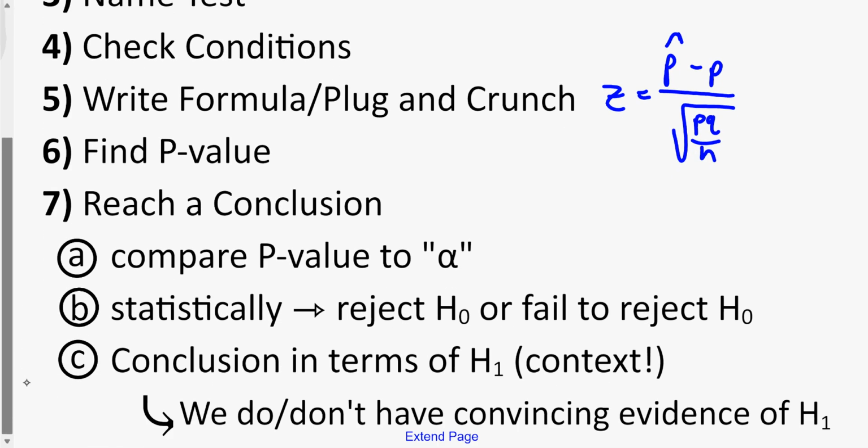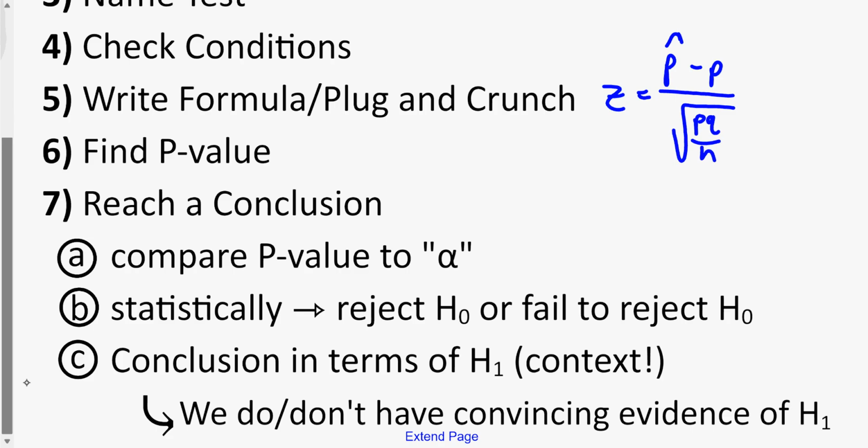And once you're done with that, make our conclusion. So we want to compare it to whatever the alpha is. If it's lower than the alpha, then it's enough evidence to reject the null. And we can say we do have convincing evidence of the alternative hypothesis. If it's higher, then it's a fail to reject. We don't have evidence